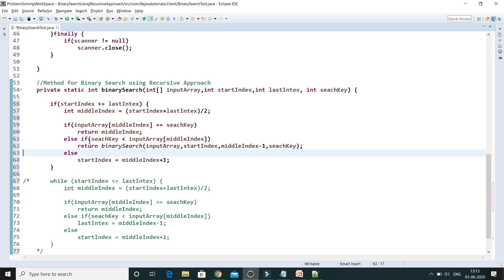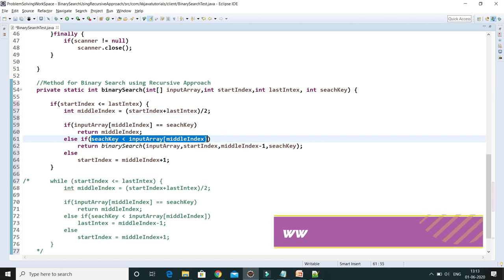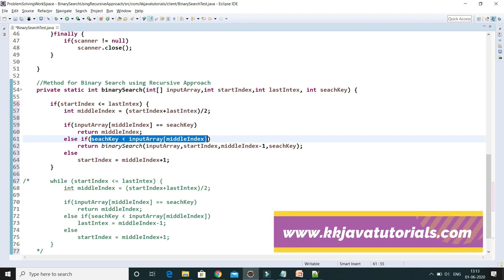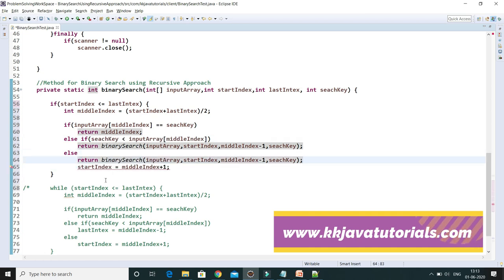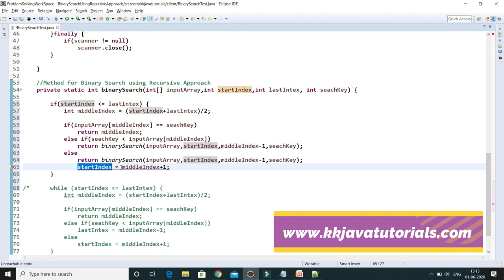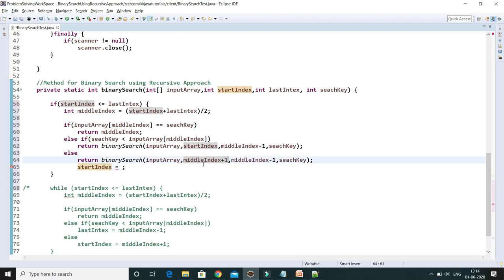Then if the case is reverse, meaning the search key is greater than the middle element of the array, then accordingly you have to set the index. Here only the start index is going to change. So the start index is the middle index plus 1, and the last index will be the last index only.